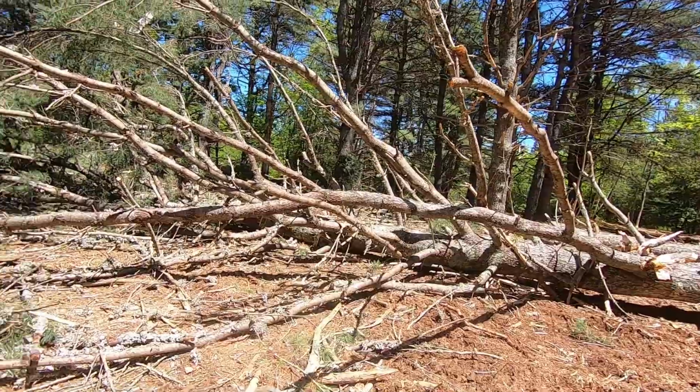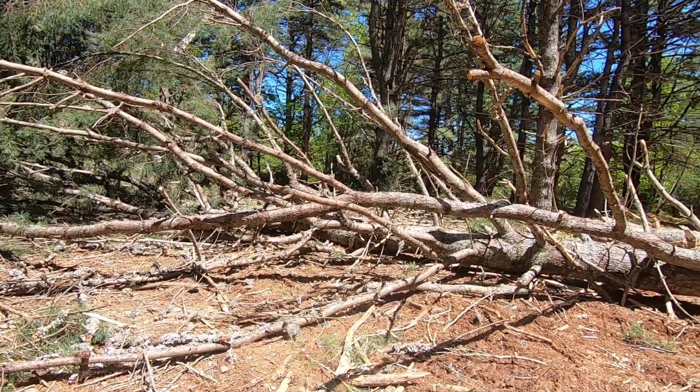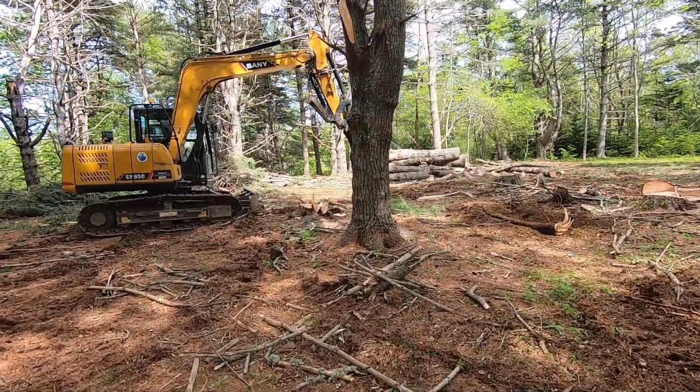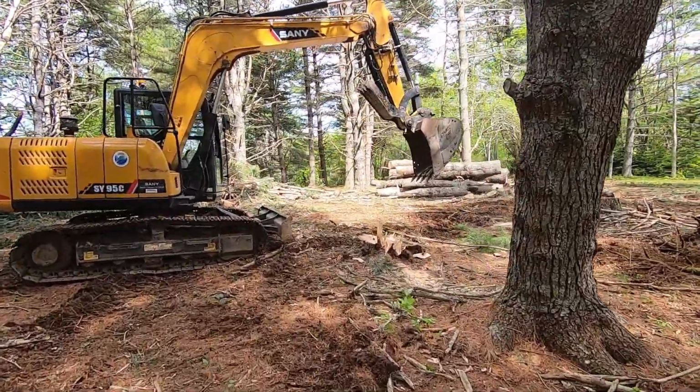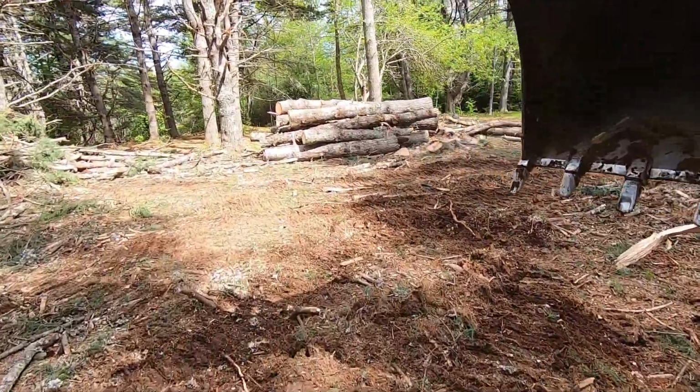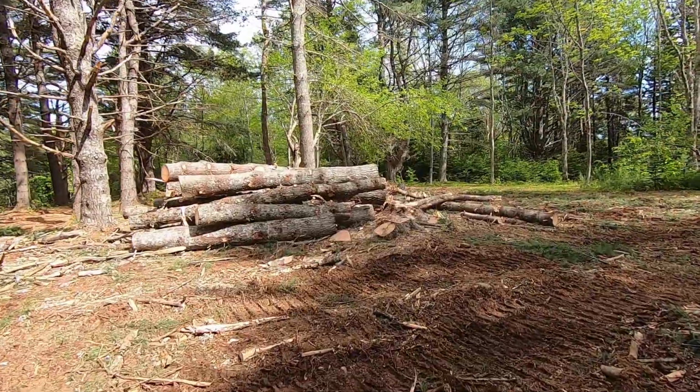Okay, well, it's not gonna get done with me staring at it, that's for sure. Oh yeah, she's starting to get opened up now. We got a pretty good pile of logs going on over here. Let's take a look. Got some big stuff. There's some big stuff in here. It's like the bottom